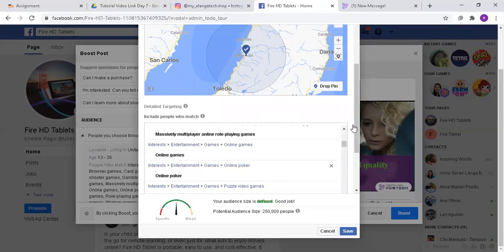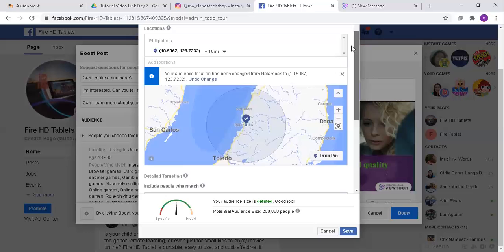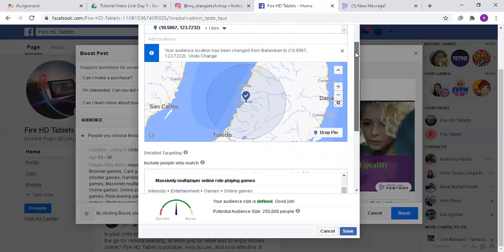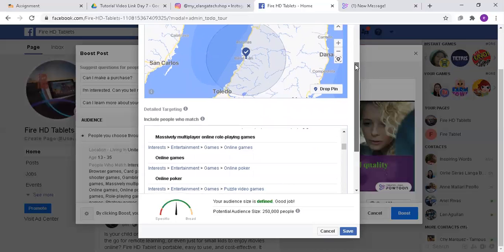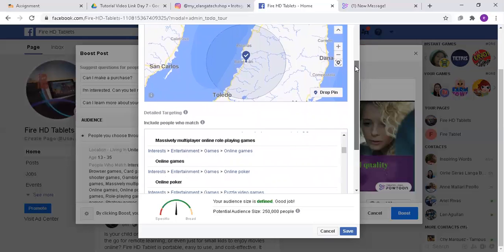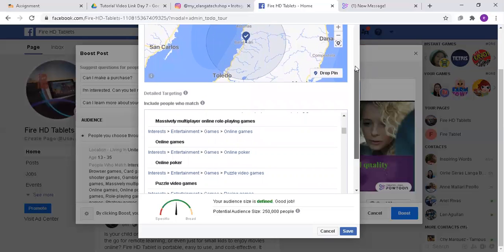So I now have targeted the appropriate size that I'd like to target. So I'm now going to proceed to the last category.